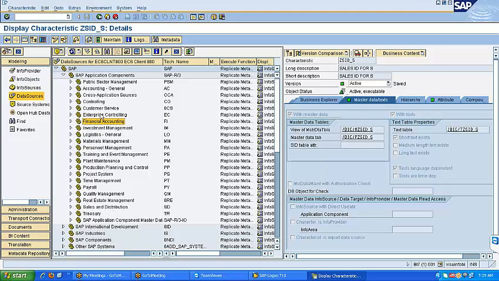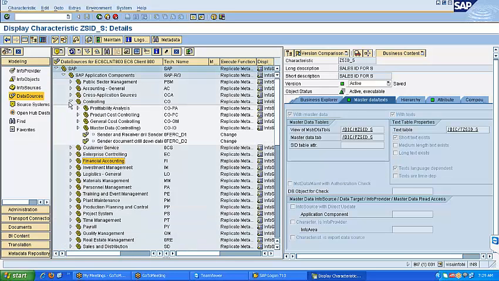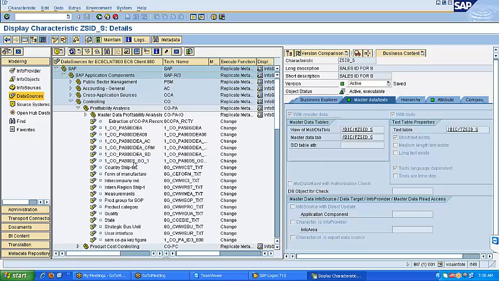If you want to load the data from COPA, COPA is under controlling, again under profitability analysis. Under profitability analysis, there are n number of data sources you can find here. In the same way, it is just a folder. As of now, I have told you